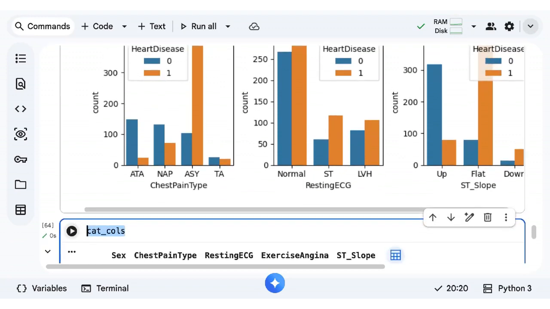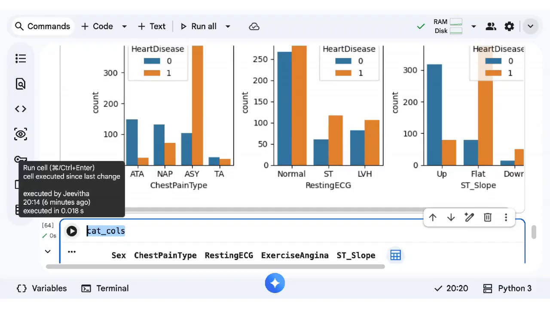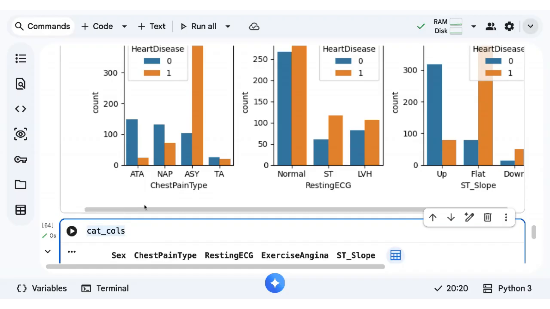So what do you see, for which pain type the chance of heart attack is very high? So look into the orange bar.